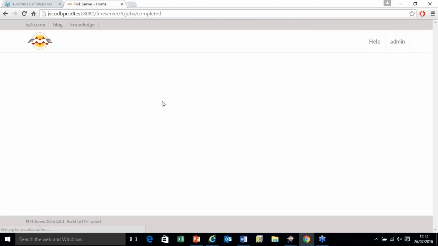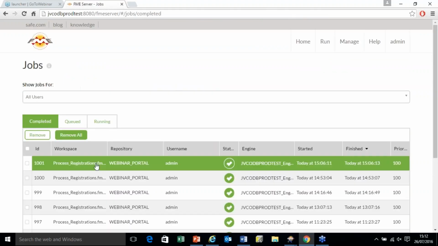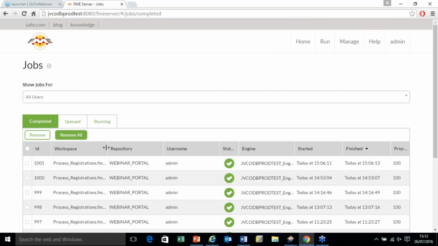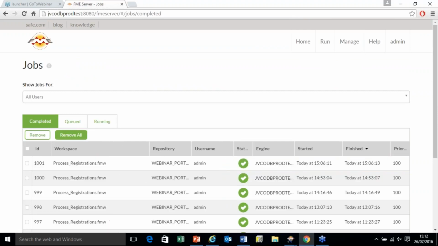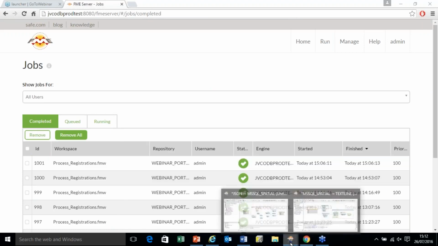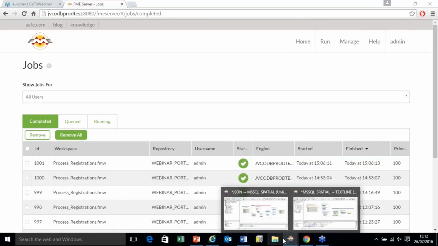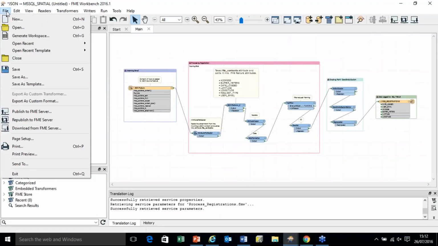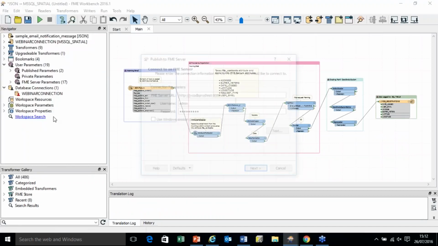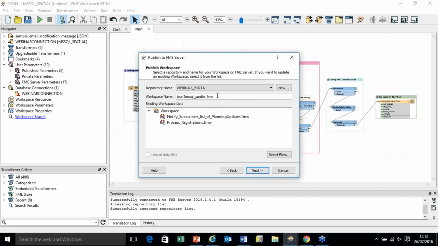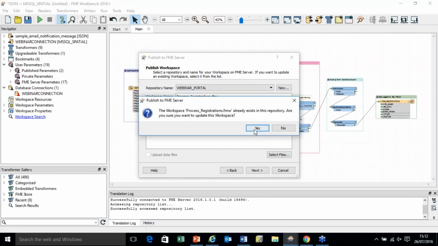And what happens after that is if we look at a job that is just run, 1506, you can see that a workspace was run as a result of that information arriving in Server. So if we go and look at the workspace itself, and I'll explain it to you in a minute, but if we go and say publish to Server, so this workspace was created to deal with that incoming email content. We published it to Server, so we set it into our webinar portal, we gave it a name,